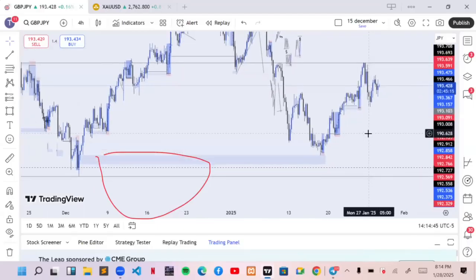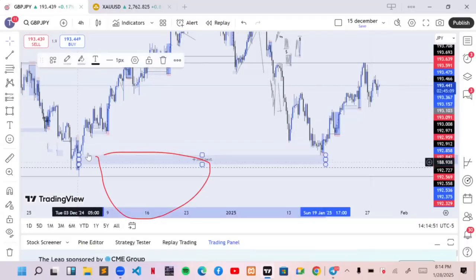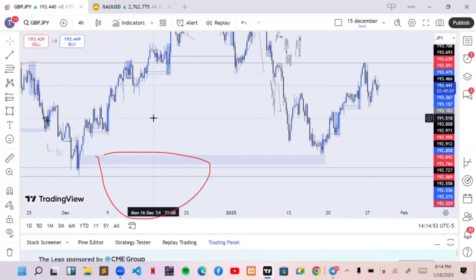Why? Because I checked on the 4 hours time frame, and the zone that market is reacting from is this other block down here. That was why I marked the other block out, and I knew that that is where market is currently reacting from, and that is the bullish order block. And the bullish order block entails that market is going to push up. Now, the higher the time frame, the more the reaction will be. So because I knew that on the 4 hours time frame, market was currently reacting from the 4 hours order block here,